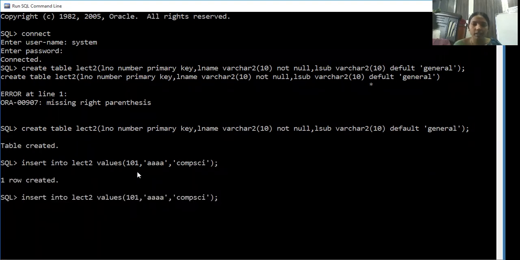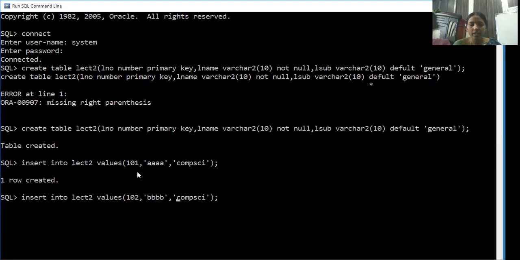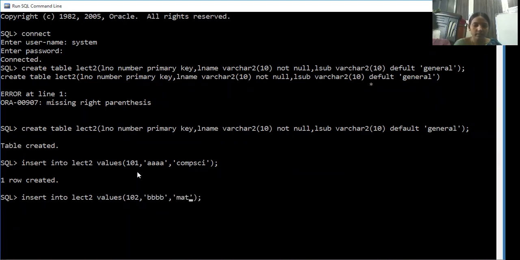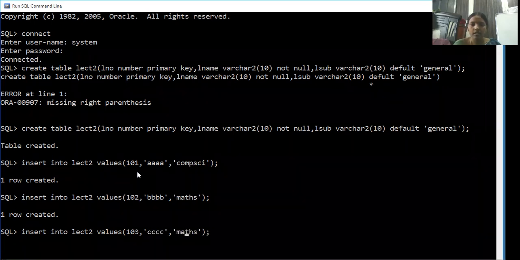Now I'm taking one more row of lecturer 102 with BBB, and another subject, maths. One row created. I'm taking one more lecturer 103 with the name CCC. Now the subject is computers, I'm taking.